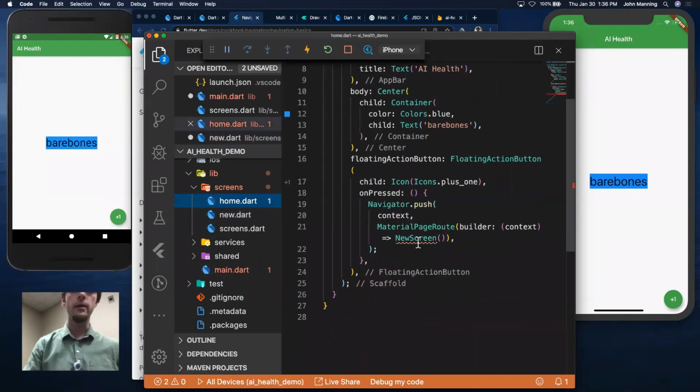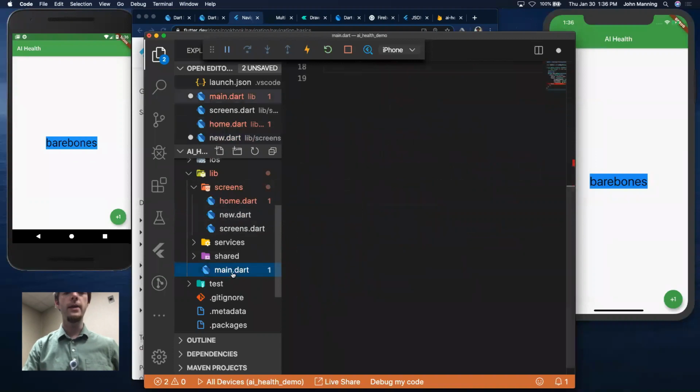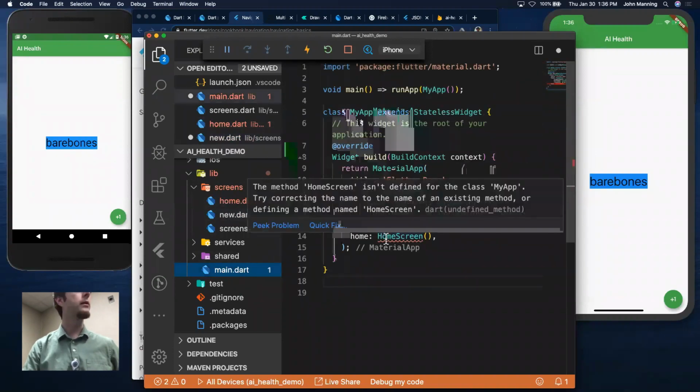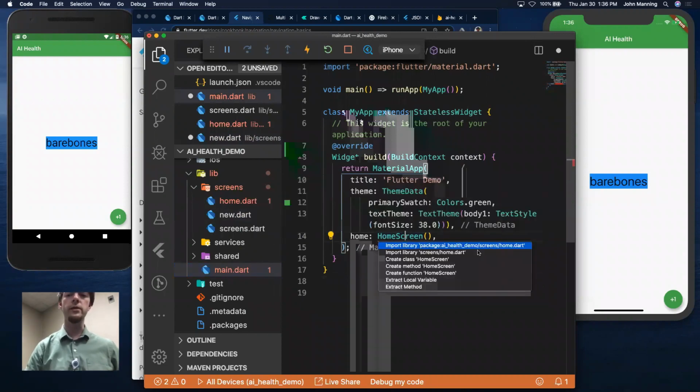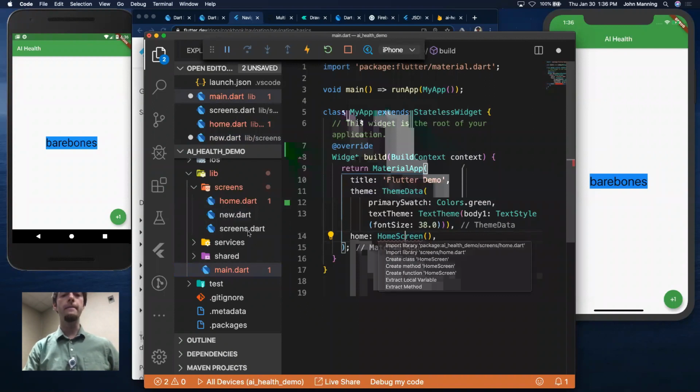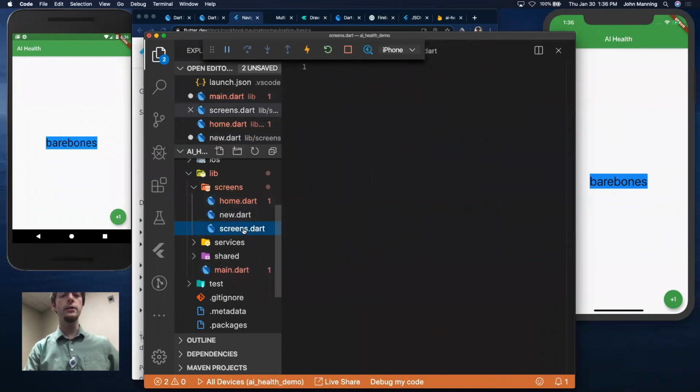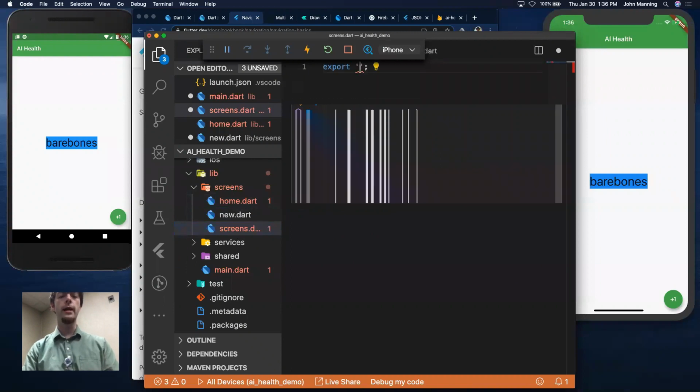Now, if you look at it, home doesn't know how to deal with this file, and main doesn't know how to deal with home screen. They don't know how to talk to each other. And there's easy ways that you can do this where you can just hit here and do quick fix, and it'll say, hey, do you want to just import this library for each individual file? And that's fine, but if you have a separate Dart class that only calls export and the name of each of the files that are here,